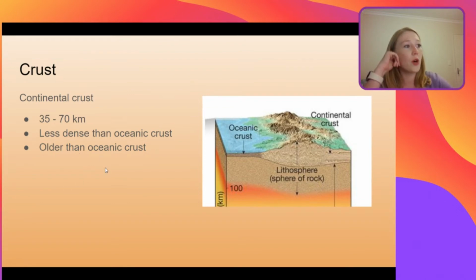It is also older than the oceanic crust. Oceanic crust is more likely to be formed and then destroyed throughout the whole rock cycle. We'll touch on that a little bit. That means that the continental crust is usually the oldest. I do think that fold mountain rocks